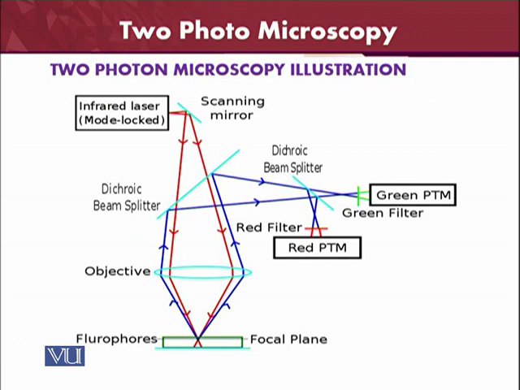In the two-photon microscope illustration in the figure, the infrared lasers and scanning mirror are on the left side, along with the dichroic beam splitter. The green signal will be coming from the left side, and it will be reflected by the dichroic beam splitter. Some of the light may go through the dichroic beam splitter,